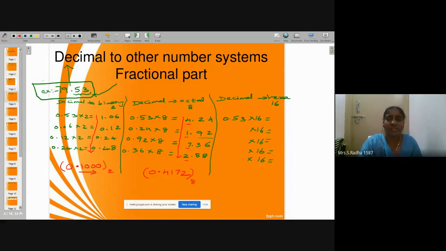And after the decimal point, as you go right with the number of digits, the value doesn't play much role. So you can do this process 3 times or 5 times or 10 times. The first 3 times will give a significant value, and after that the value is a smaller amount. If you stop the multiplication, it doesn't affect the overall value. So this is the method for the integer part and fractional part when we convert decimal to other number systems.